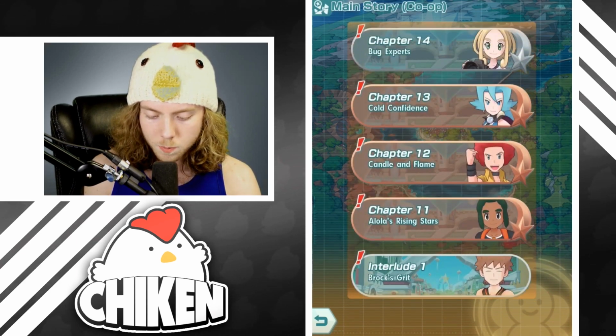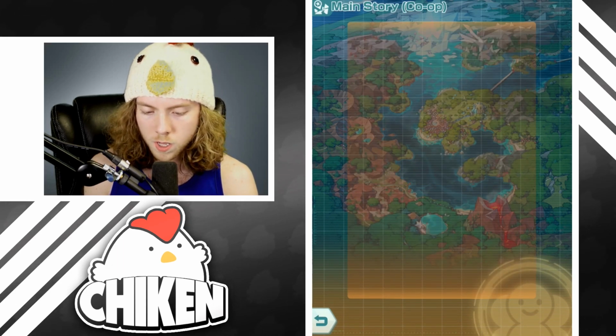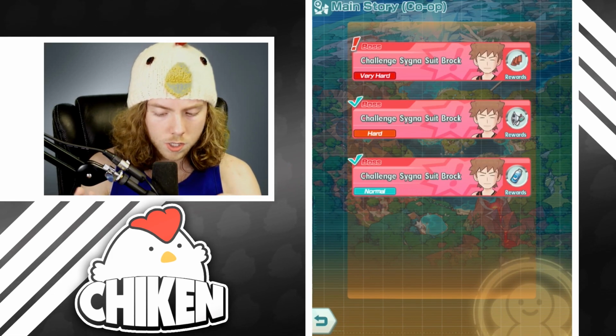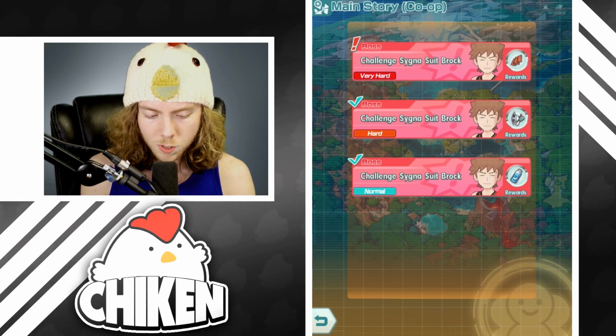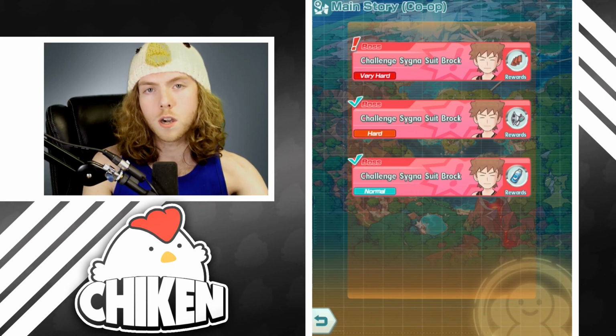Now, all the way down at the bottom, the first co-op stage you can go into is Brock's Grit. That's Interlude 1, and you go up against the hard difficulty. You don't need to go to very hard, just the hard difficulty, Signa Suit Brock. That's going to give you a 1 in 10 or 10% chance of pulling one of these Gym Leader Notes, and that is pretty much going to be infinite